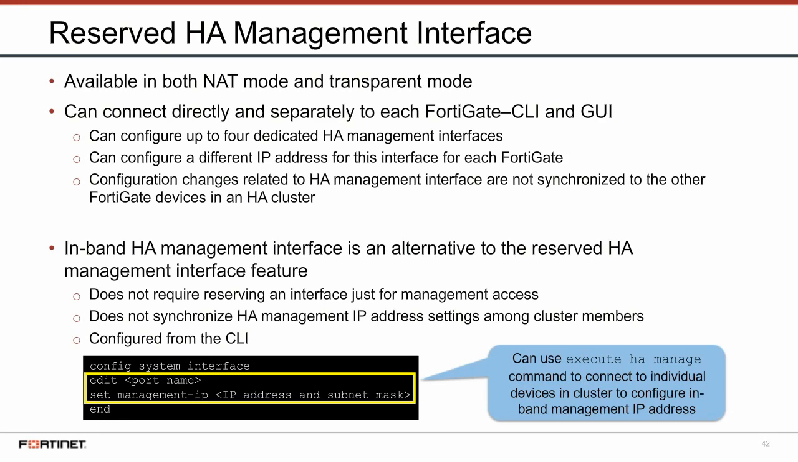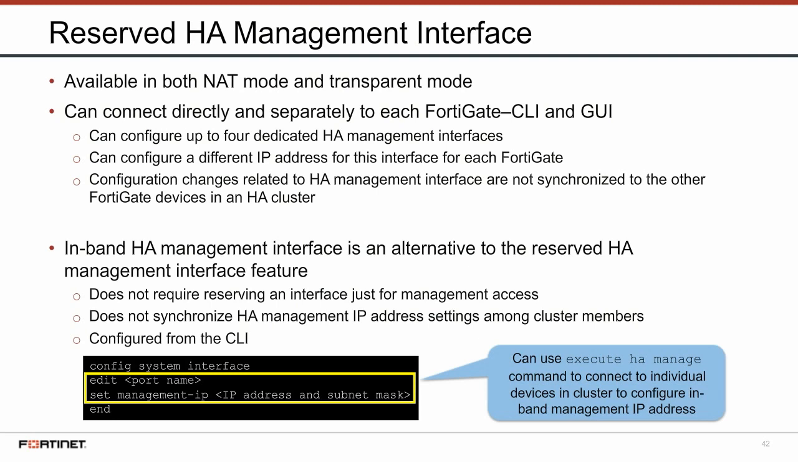If you want to be able to connect to each device directly, you can reserve an interface for HA management. The FGCP cluster supports reserved HA management interfaces in both NAT and transparent mode. You can configure up to 4 dedicated management interfaces. The configuration of a reserved HA management interface is not synchronized between HA cluster members, and each device can have different management IP addresses. The HA reserved management interface can also be used by each device to send SNMP traffic